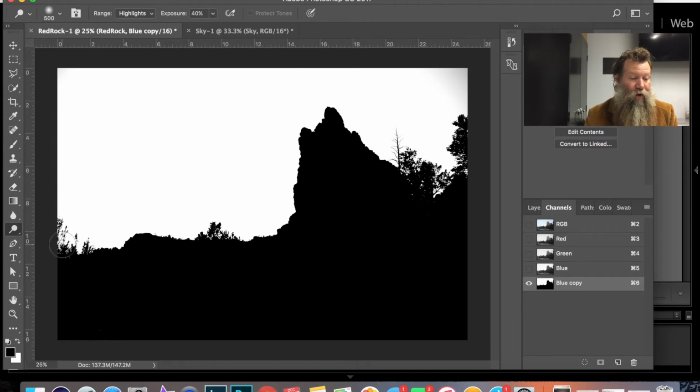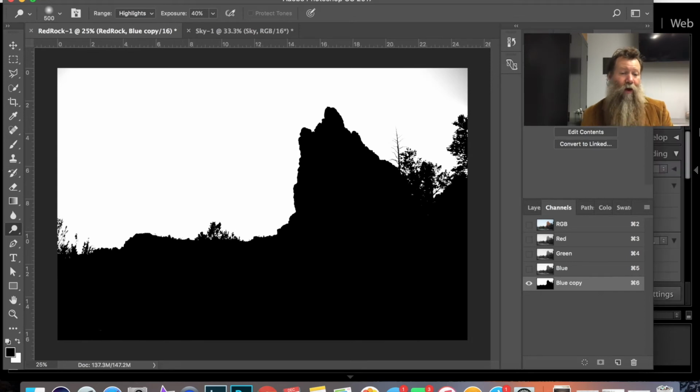When I do that, it just brightens up those whites, right along that horizon line, so that it frees up. And if I make a mistake and I go in here, there's no highlights there, so nothing really happens. And so again, I'm just going to clean that up. That'll brighten up those areas, those little bits of contrast, especially in this little tree area. I want to get rid of as much of that halo of that blue that was lingering as I can. Okay, so now I've got a really nice high contrast black and white mask, basically, that's been created